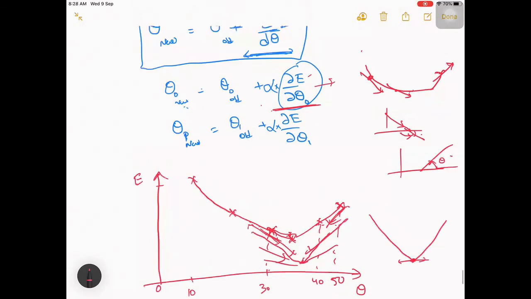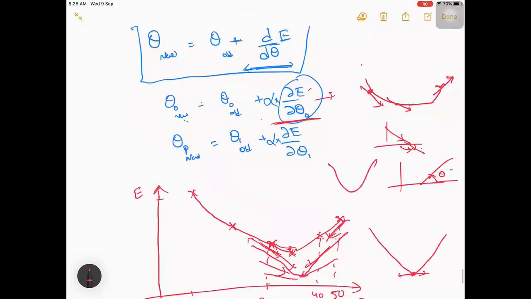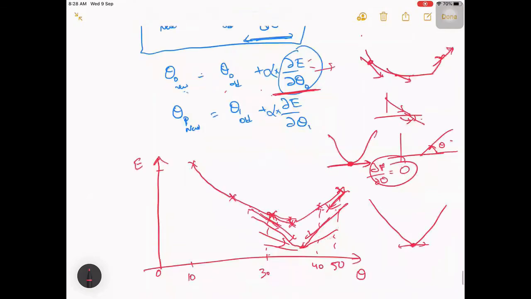In case it is at the minimum, the tangent is parallel to the x-axis, in the sense your derivative of this function will be 0. So this value doesn't change, this is 0, so this will remain at the same point. The same process will occur in parallel for theta 1.